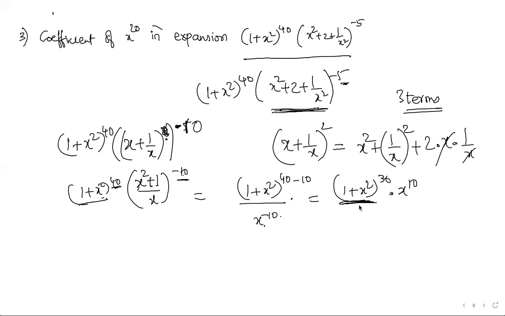So if you write the rth term for this expansion, Tr equals nCr x power n minus r a power r. So this is a general formula. So if you write it, 30Cr into, in the place of x, it's 1. Okay, 1 power n minus r is nothing, 1. a power r means x square whole power r, that is x power 2r. Already x power 10 is multiplied with each and every term of this expansion, so we'll write x power 10 also here.